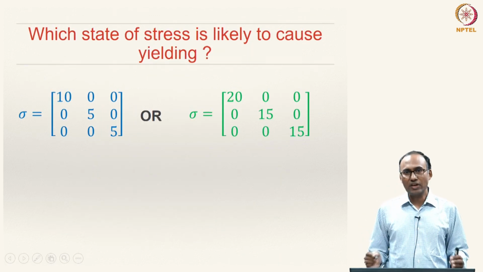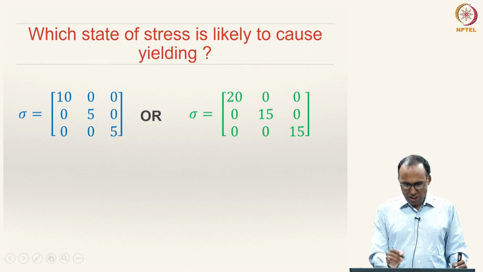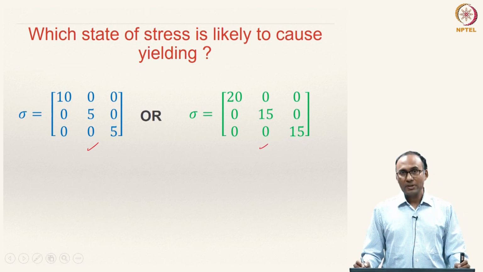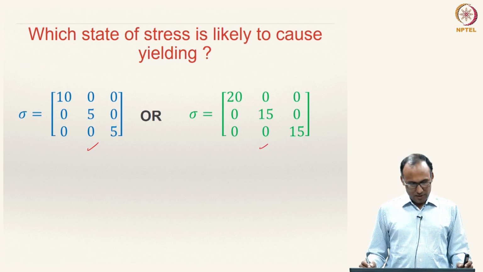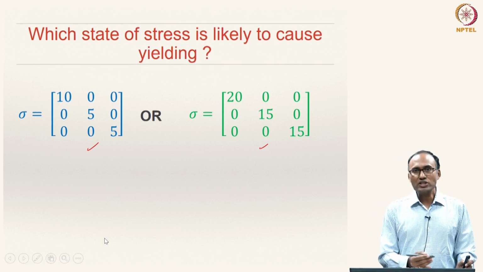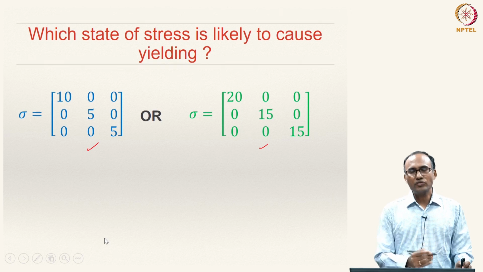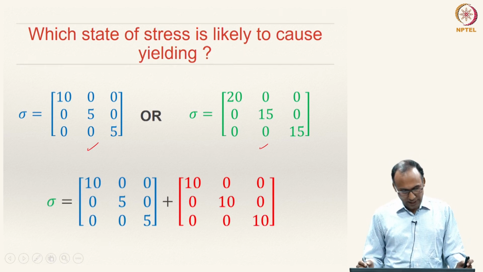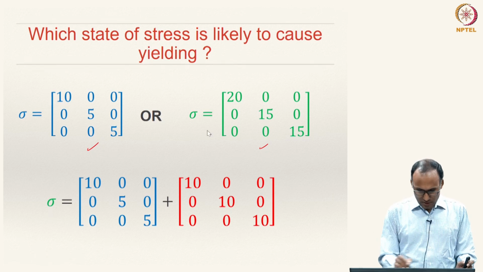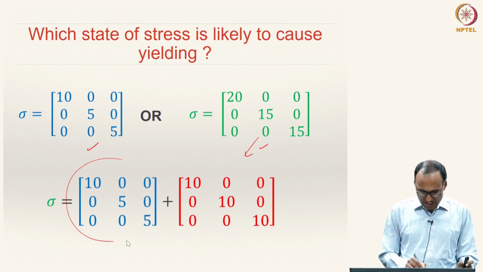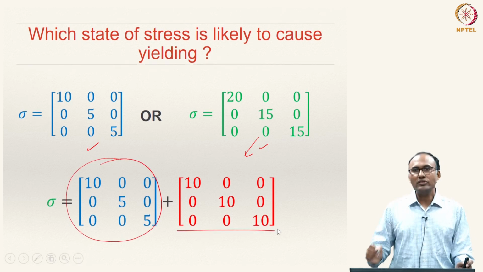Now, this is the question that we started off with, right. Which state of stress is likely to cause yielding? You say this is one state of stress, this is another state of stress. Now, if you calculate the hydrostatic part and the deviatoric part of the stress tensor, you see that the second stress tensor can be written as the first stress tensor plus some hydrostatic part,